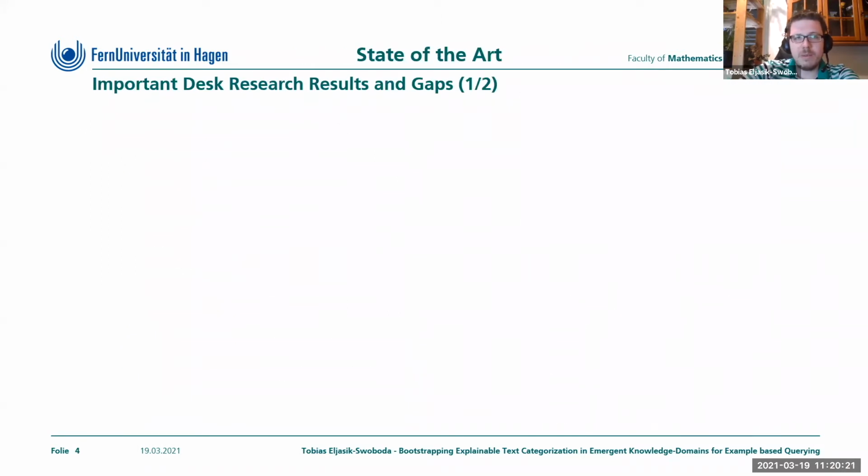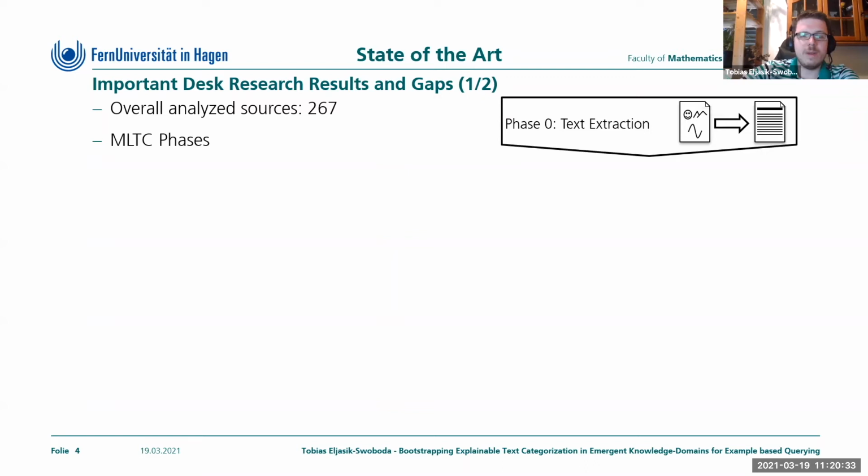So, a summary of the desk research we have performed. Overall, for this work, we have analyzed 267 different sources, and I have no time to go over them all. Therefore, I'll just give you the highlights of what we found. And the first fundamental is that MLTC always happens in phases. The first phase, or actually zeroth phase, is the text extraction in itself, where the text is extracted from a document, be it an image via OCR, sound, or maybe even a longer document where individual sentences or